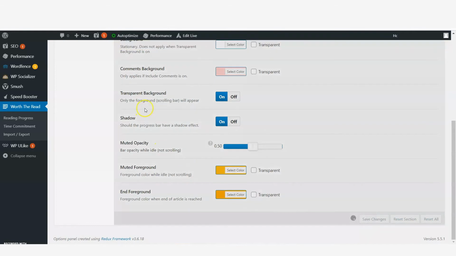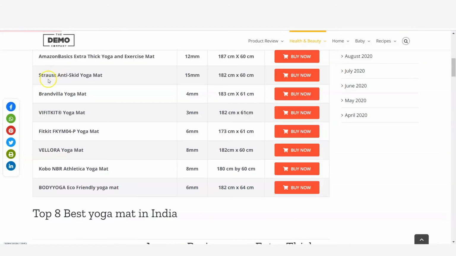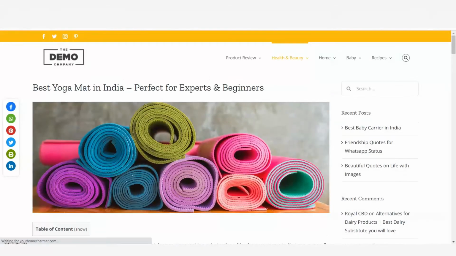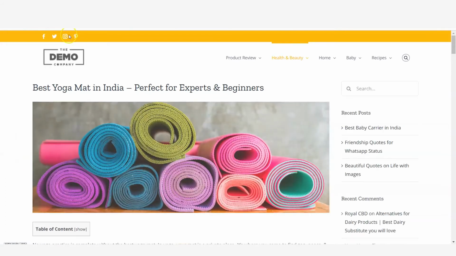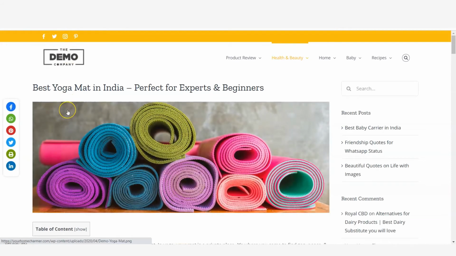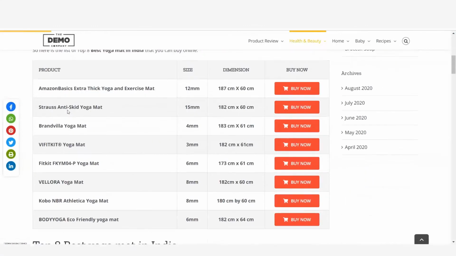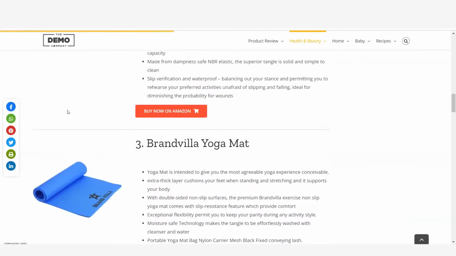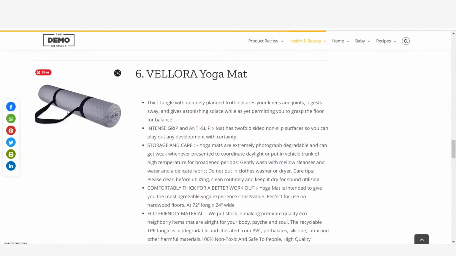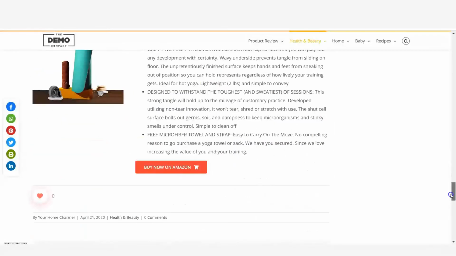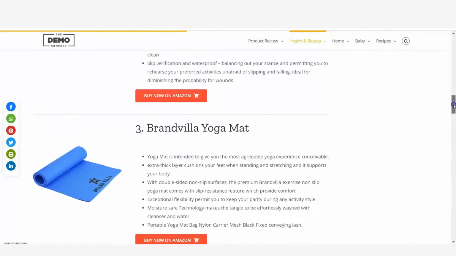And click on save changes. Let's refresh this page. If you can see, now my reading meter bar is yellow in color. I think this looks fine.